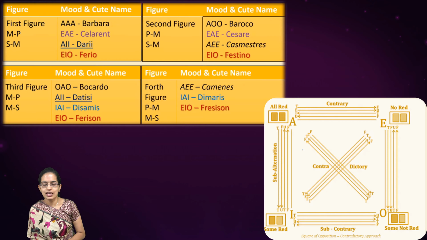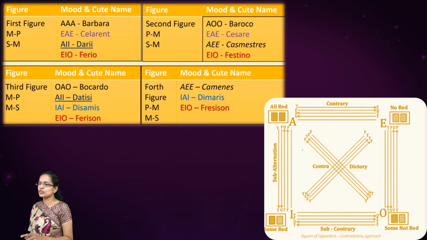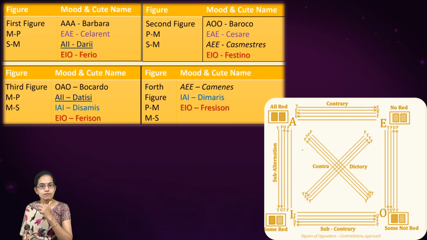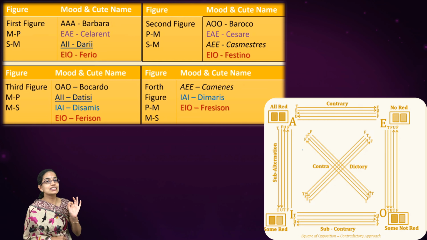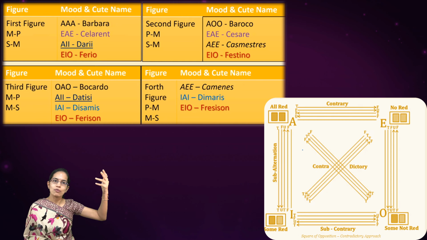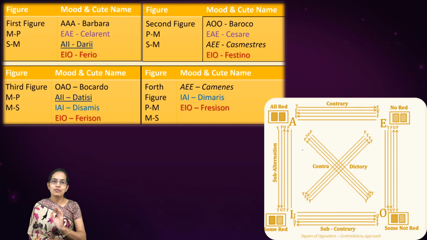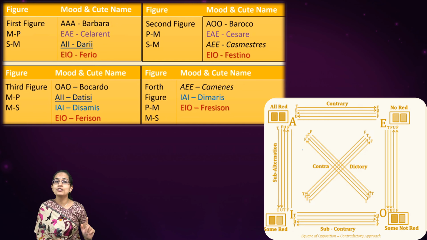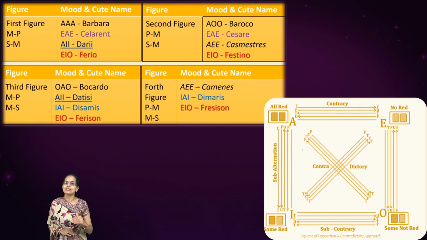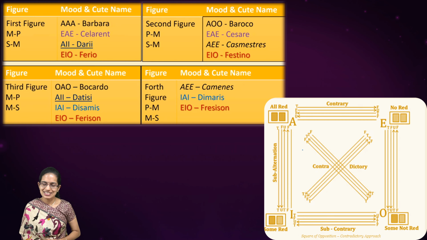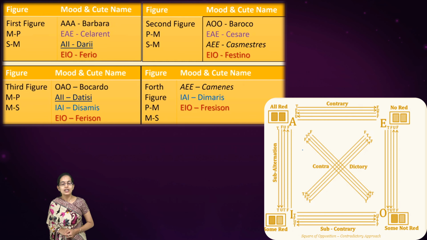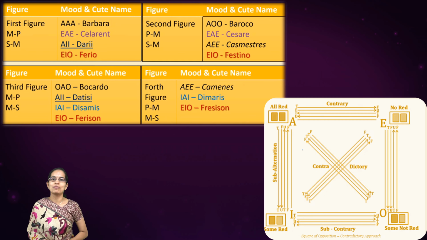Now coming on to the recap of what we have seen. Here, as you can see, all the EIOs we have marked in red. Now these are the names for figure 1, 2, 3 and 4. Now if it is simply asked whether it is EIO from the remaining choices, you can quickly do that with the trick that we have learned. But in case you are asked whether it is EIO 1, EIO 2, EIO 3 or 4, in that case you would have to memorize what is there in this table. So what we have learned is the quick way of understanding the mood, but when it comes to figures, we would have to remember which figure it is.